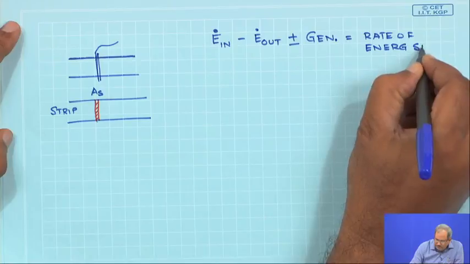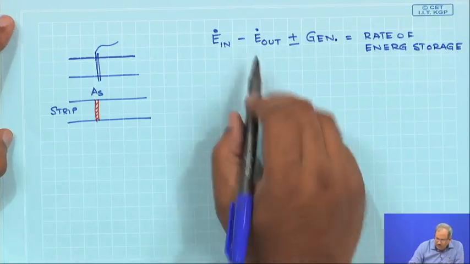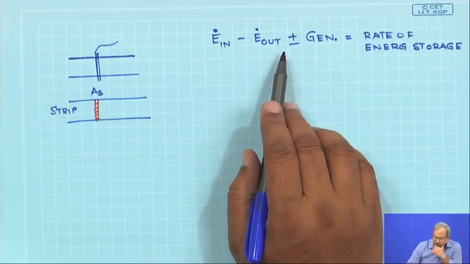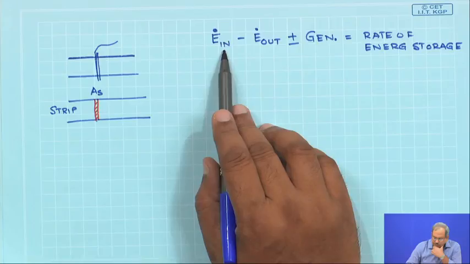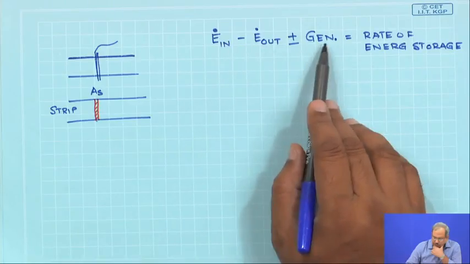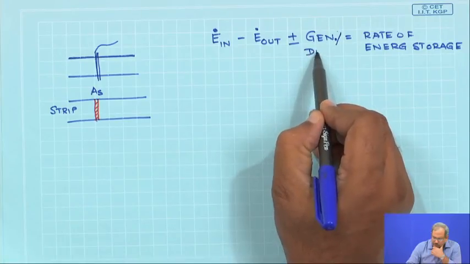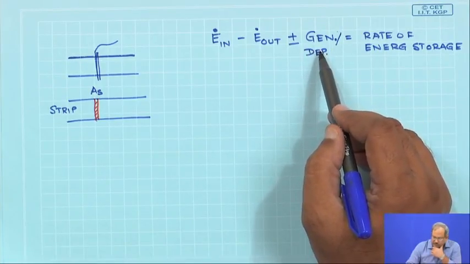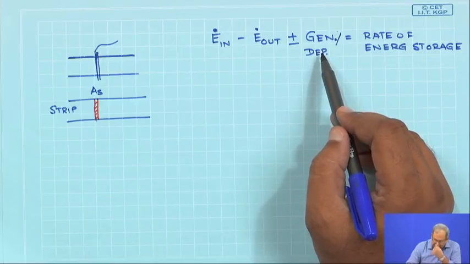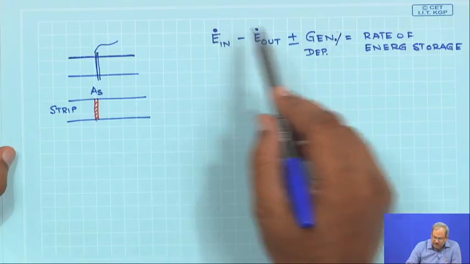So, this is the fundamental energy conservation equation in terms of rate. Rate of energy coming in minus rate of energy going out, plus or minus generation or depletion, is going to result in a change in temperature of the object from which these processes are taking place,